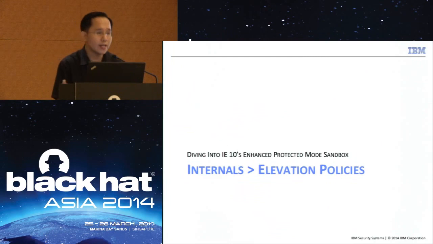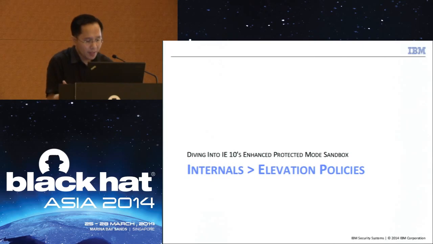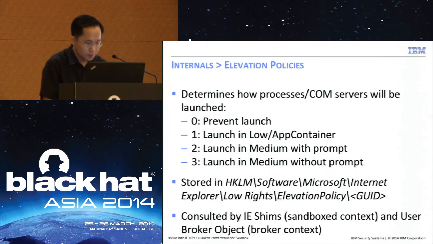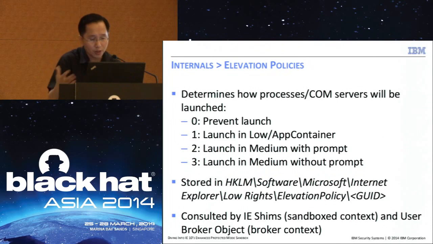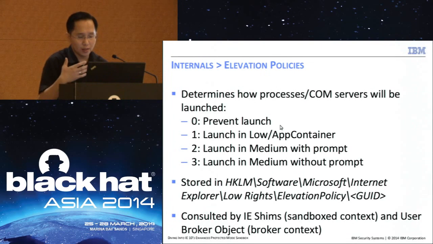I mentioned earlier that IE shims consults the elevation policies to determine what to do if it had intercepted the launch type APIs. Elevation policies determine whether to prevent launching of the application or a COM server. An example of policy number 0 is cmd.exe. So it doesn't